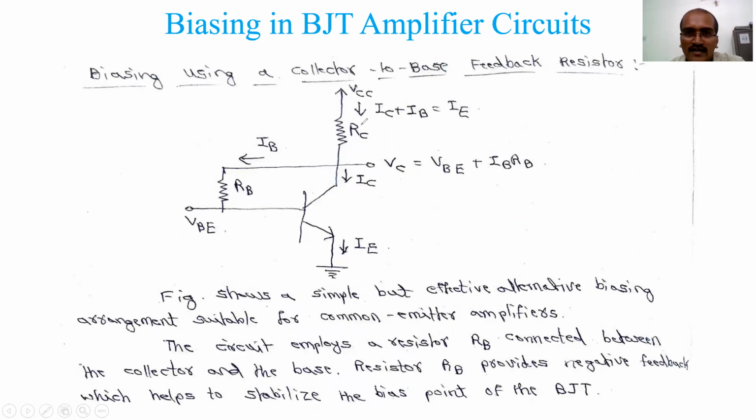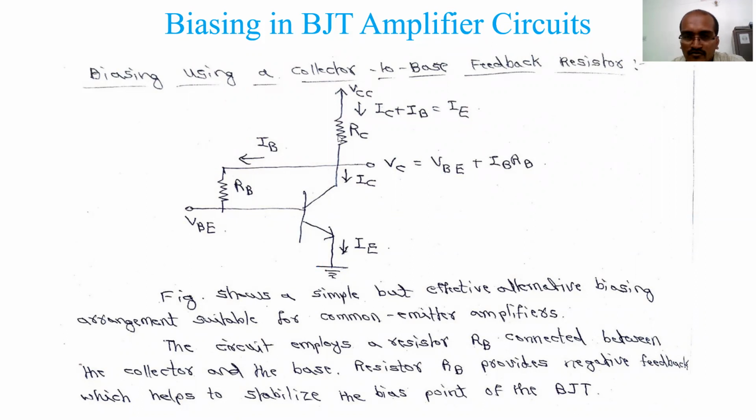So this is the IE current now. It is not just the RC current, because IB is also there, since feedback is given. So this current is IC plus IB, which is equal to IE. I have applied the KVL in this path from VCC to ground. I have the VCC, then the voltage drop IE into RC, then moving along this path IB into RB, and then the base to emitter voltage VBE, which is constant. That is the equation I have written.